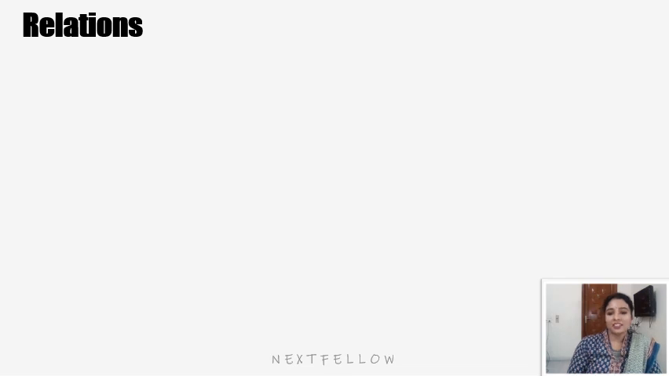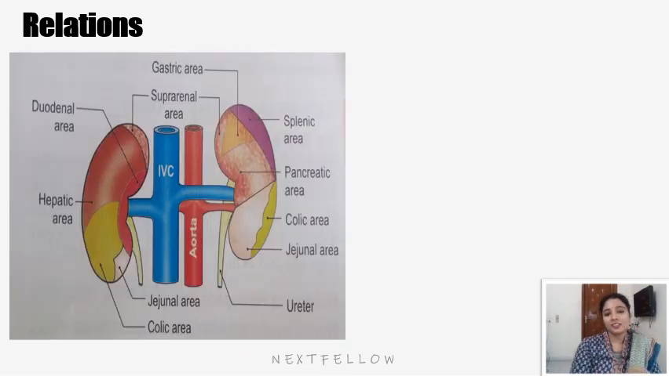So let's see the relations of kidneys. Here is the image demonstrating the anterior relations of right and left kidneys. The anterior relations of right and left kidneys are different because right side abdominal organs are different from left side abdominal organs. And this part of the kidney where we see the indentation is the hilum of the kidney, through which neurovascular structures and also the renal pelvis, which continues to form the ureter, go in and come out of the